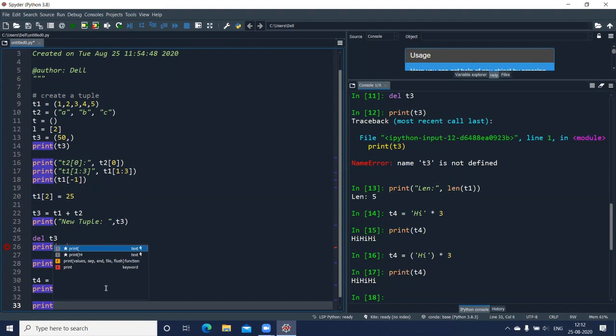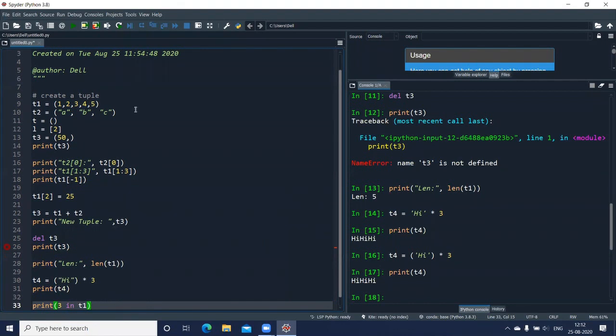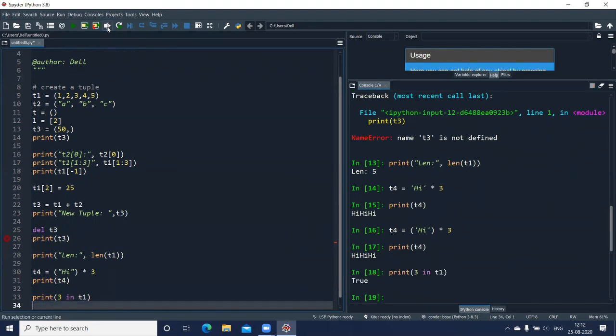So if I want to check whether 3 is in the tuple T1, I can use this membership operator, execute this, and I'll get true or false depending on whether the number is there in the tuple or not. Clear?